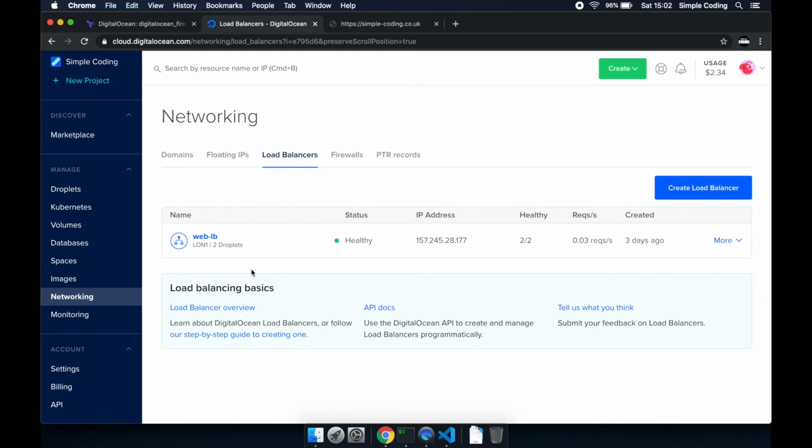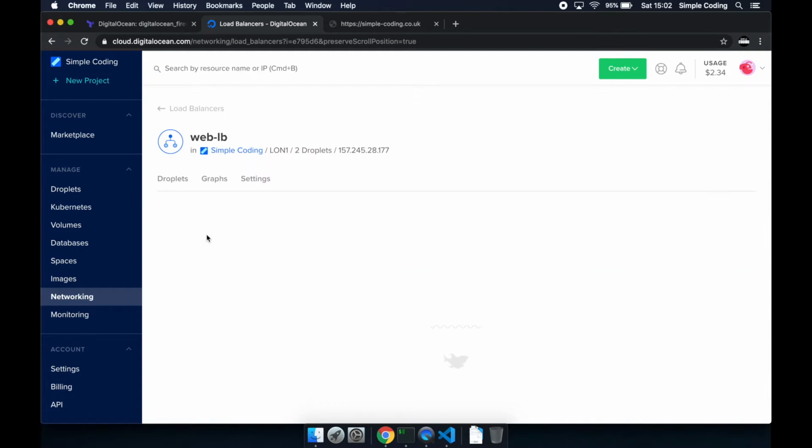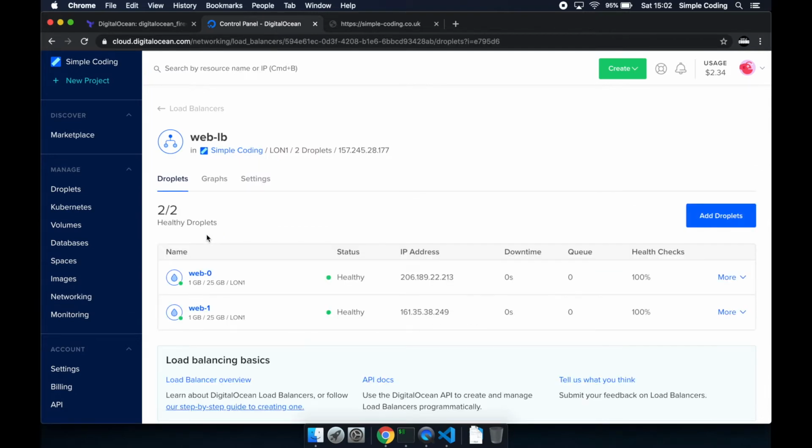Hello everyone. In our last video tutorials, we created our load balancer. We have it pointing to our two droplets, and we have set up our A record in our domain to point to the load balancer. So now, Simple Coding Co.uk is using HTTPS only, redirects HTTP to HTTPS, and that's our main entry point for our